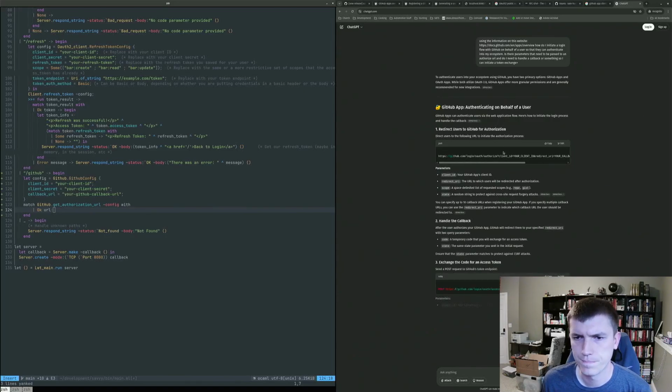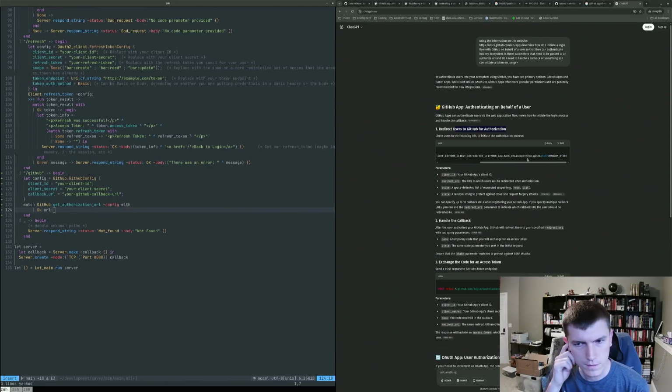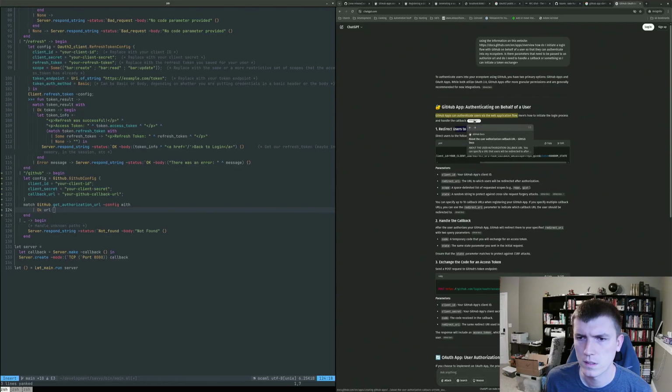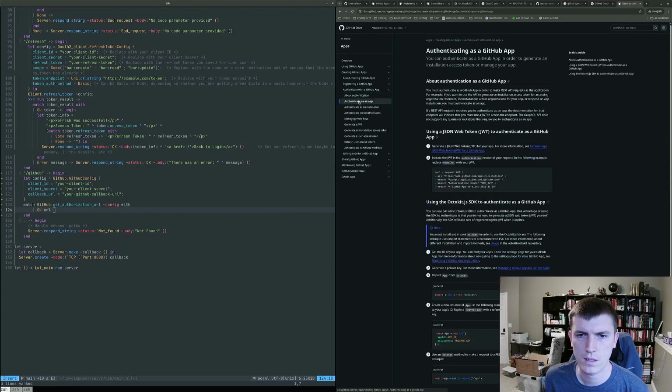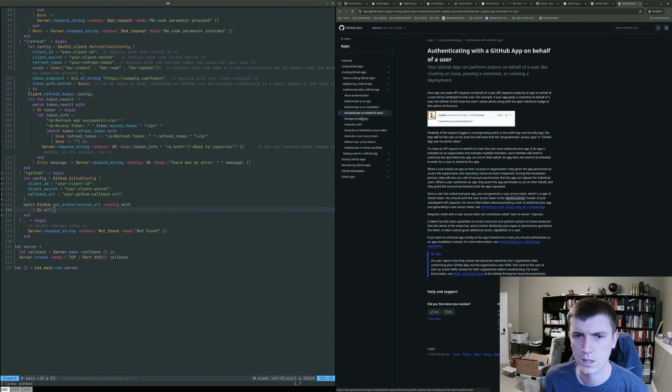Alright, here we go. Redirect users to GitHub authorization. Scope and state. Okay. That was the web application file. Okay. About the user authorization callback URL. Yeah. Set up URL permissions, webhooks, visibility, custom badge. I already did that. Authenticate. Not authentication. Authenticate is an app. Authenticate on behalf of users.